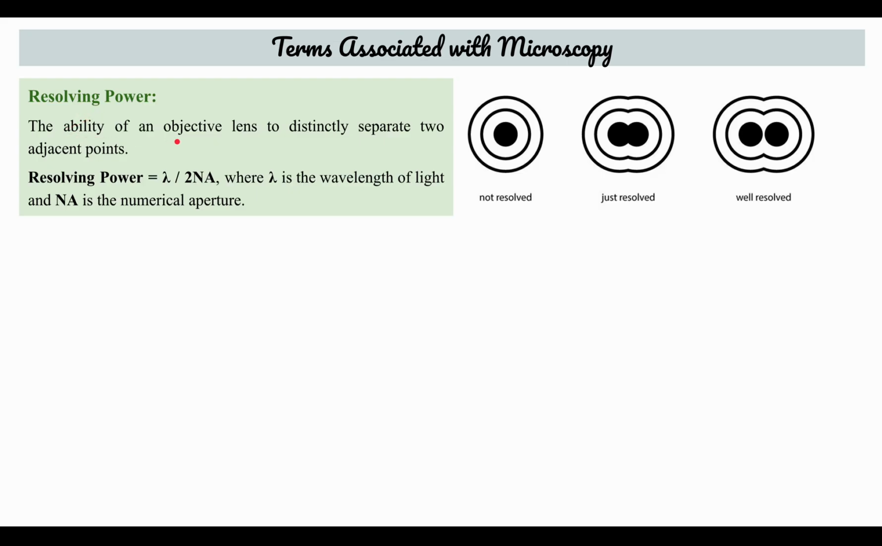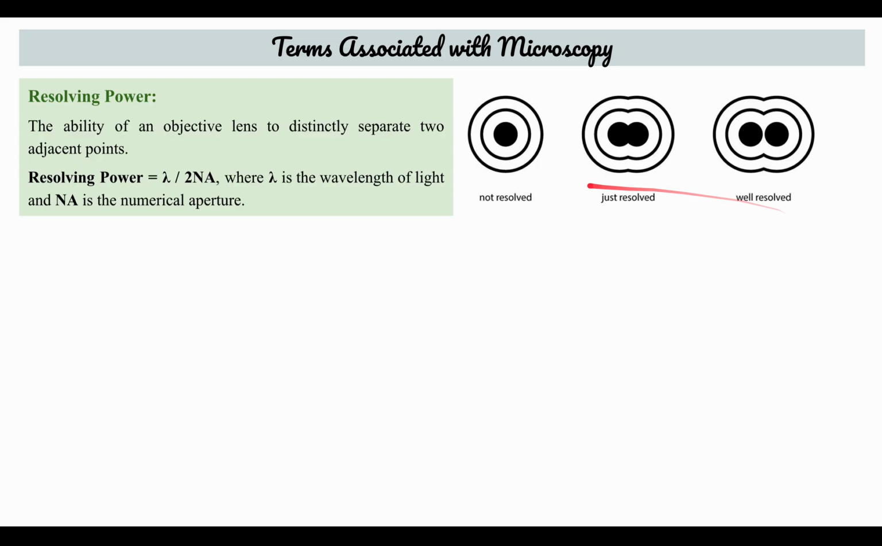So resolving power is the ability of an objective lens to distinctly separate two adjacent points. As in this case, you can see you are only able to see a single point, so this is not resolved. Whereas in this case, you can see that there are two adjacent points, but you cannot distinguish them. They still appear so close together, so they are just resolved. And in this case, these two points can be clearly seen as separate points, so this is known as well